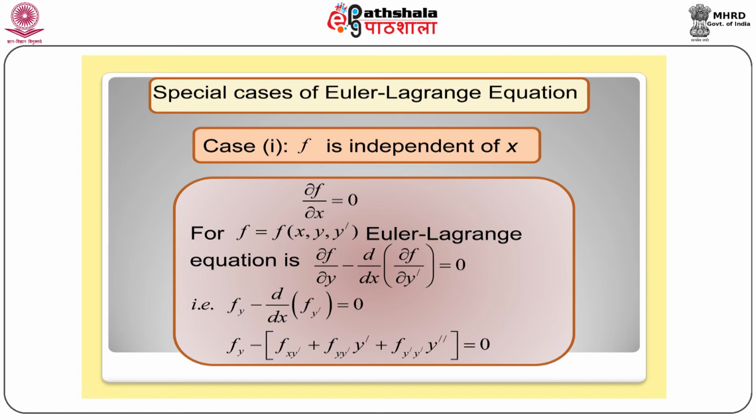The Euler-Lagrange equation is a necessary condition, that is, if such y equal to y function of x exists which extremizes the functional capital I, then y satisfies the Euler-Lagrange equation. Such function y is known as a stationary function of the functional capital I. The solutions, which are integral curves of Euler's equation, are known as extremals or stationary functions of the functional. Extremum for a functional can occur only on extremals.